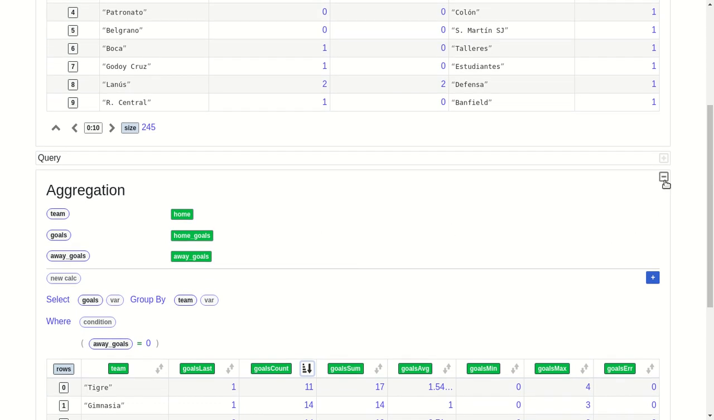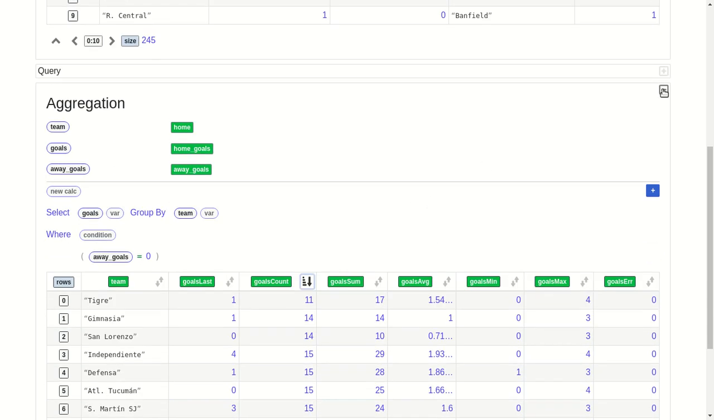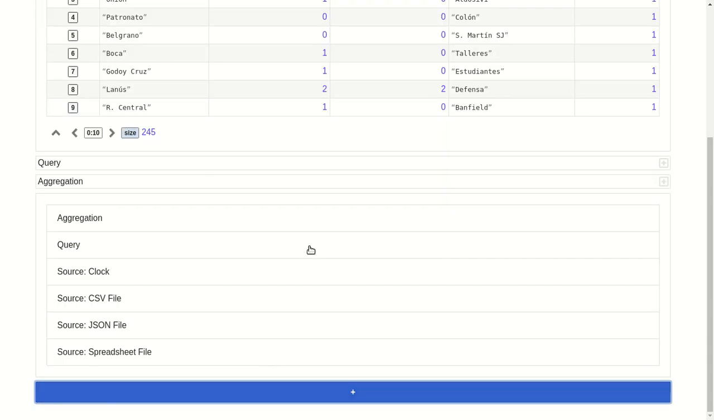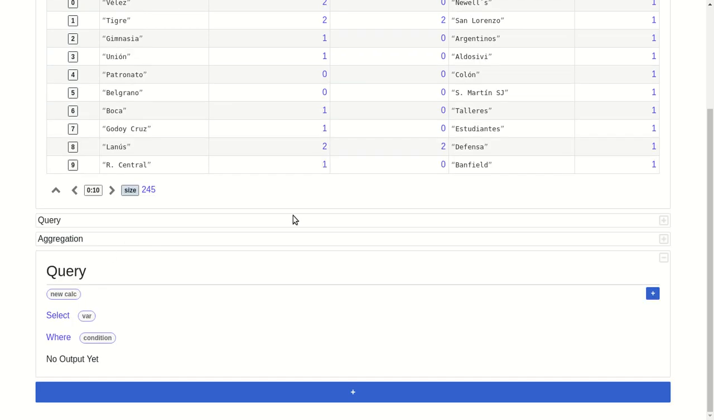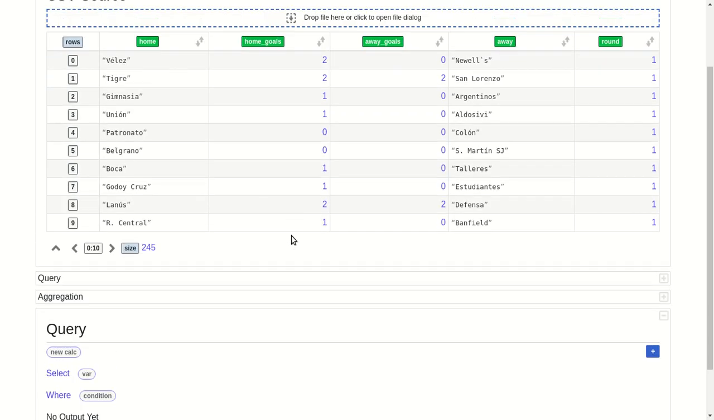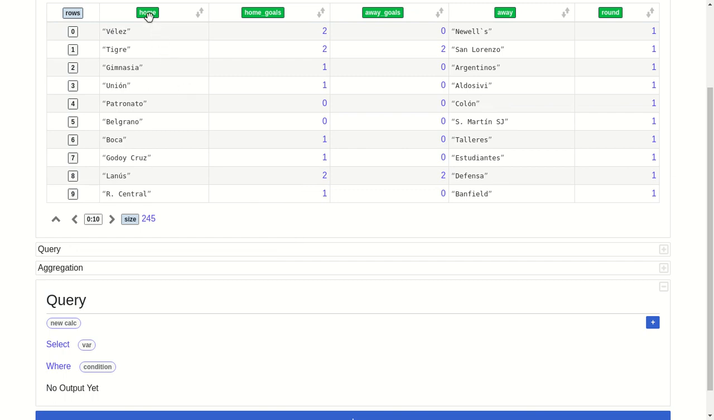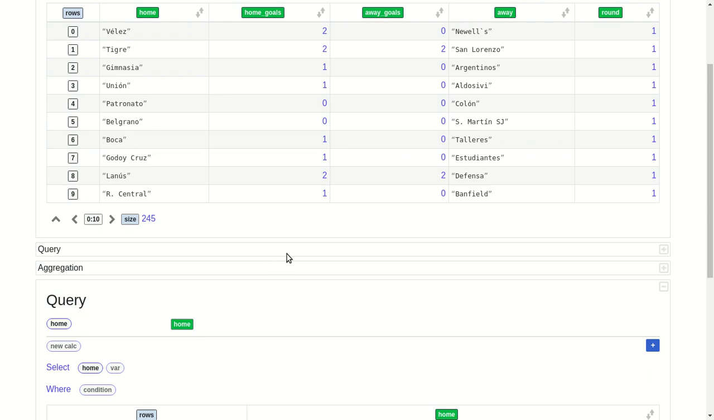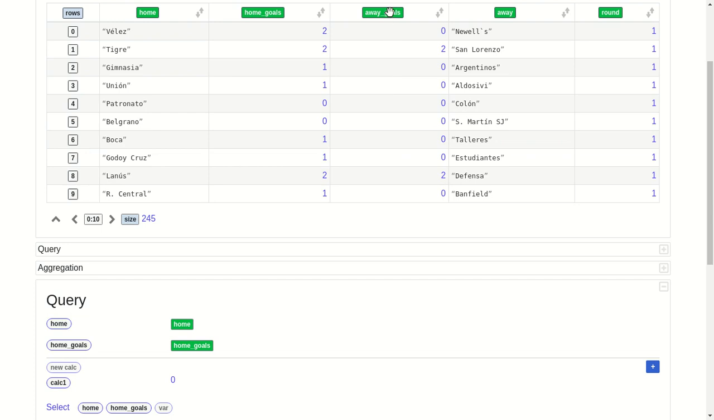And the next thing is we can also do extra calculations on data. If I create a query and I want to calculate the goal difference for a team, I can say, okay, select the home team, and I want the home goals and the away goals,